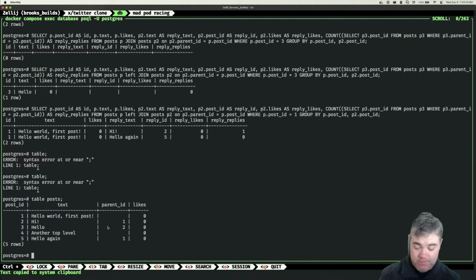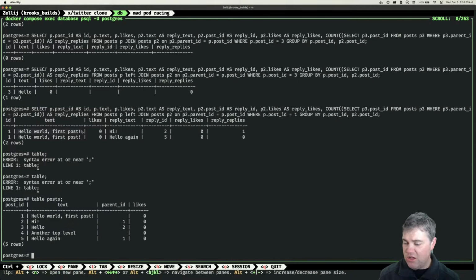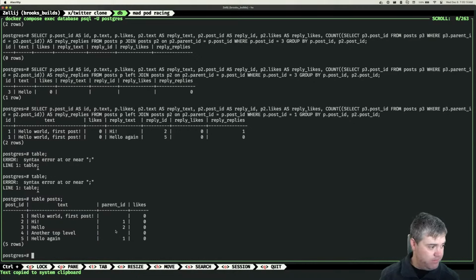So what I would like to do is write a SQL query that gets me a specific parent post along with its children. I don't want all of the parent posts. I want to say, okay, give me this post. So I click on it. I want post ID 1, but give me all of its children too. That's what I want to know. Well, and that's the thing, I know enough SQL to get by with a lot of different things, but this is a more advanced thing that I'm not sure how to do. So